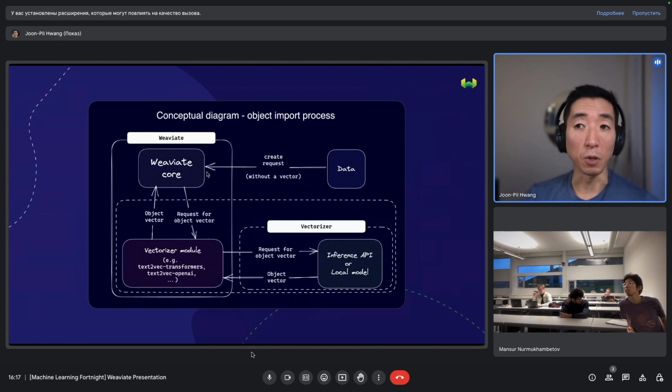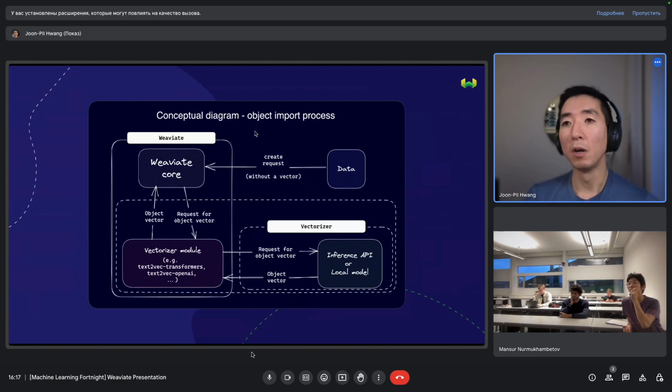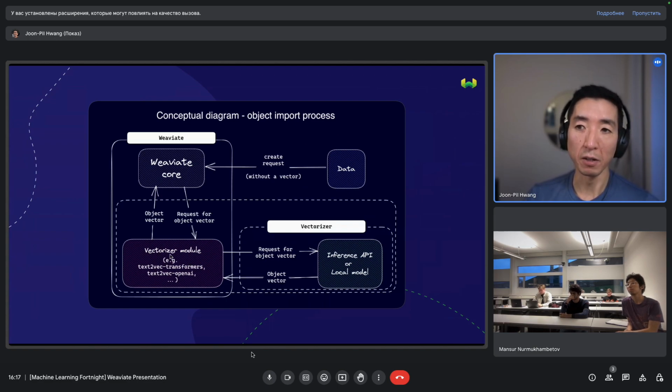Or, if you don't have a vector, you can use a system that's built into Weaviate where it will generate, or at least get, a vector for you. So if you send a request with just the data payload without a vector, Weaviate will send a request for an object vector to one of the modules that you've got configured.